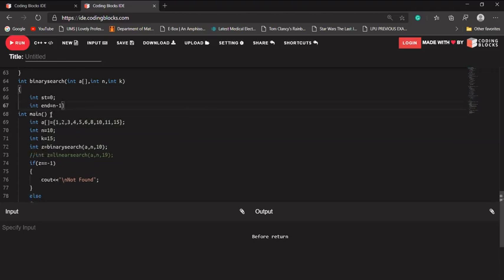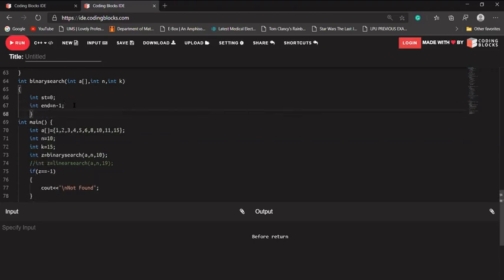That will be our last index. Is that clear with everyone? Why am I writing start is equal to 0 and end is equal to n minus 1? Because at the starting, our start variable should point to the first element, and the end variable should point to the last element.